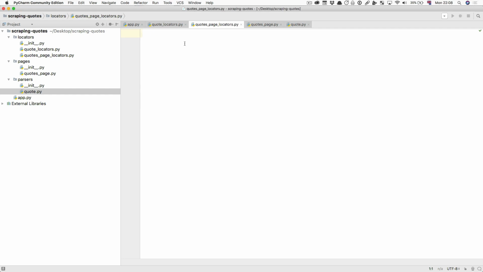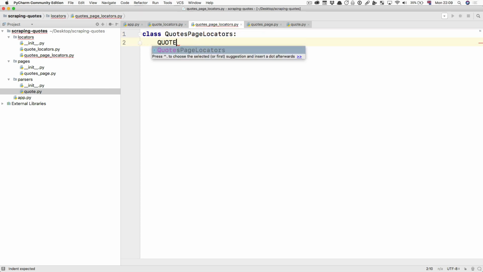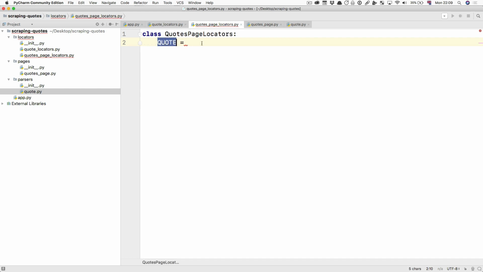So go over to quotes page locators, and we're going to create a class here called QuotesPageLocators. And all this is going to contain is a single constant, and a constant in Python, I'm not sure if we've mentioned this before, is normally a variable that's all in uppercase. And this is going to contain